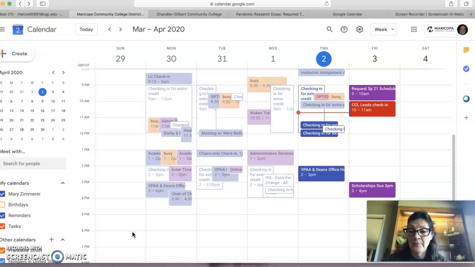Heather Horn showed me this, and I know she has shown it to some of her mentees. Again, I think it's a great idea for those of us that are going to be finding time to work one-on-one with our students. So if you go into your Google Calendar or your Maricopa Calendar from your mail,